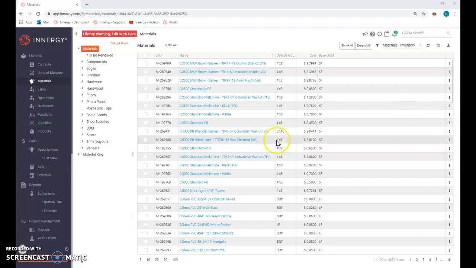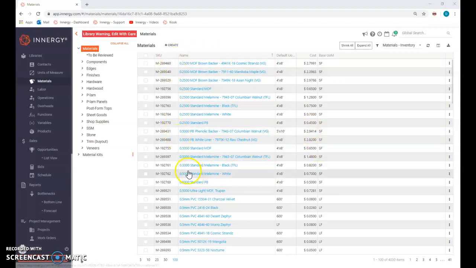Anywhere in Energy that has a grid of information, you may find it necessary to manipulate the organization or the information that's displayed. Whenever you do this, you can save that view either to your user account or you can save it so that anyone within the company has access to that. For instance, today when I was working in the work order engineering link with Microvellum, I found it very necessary